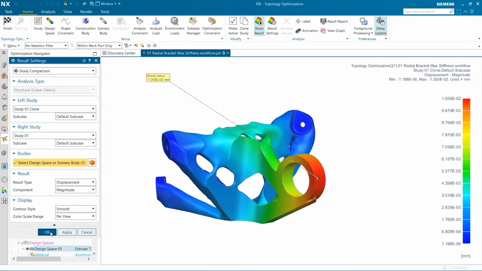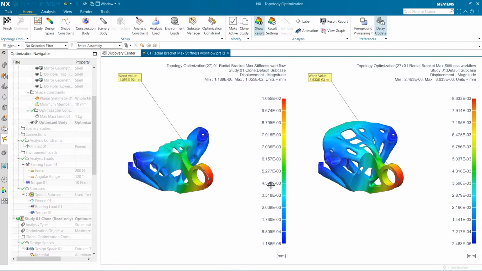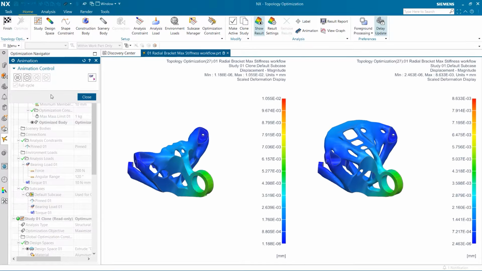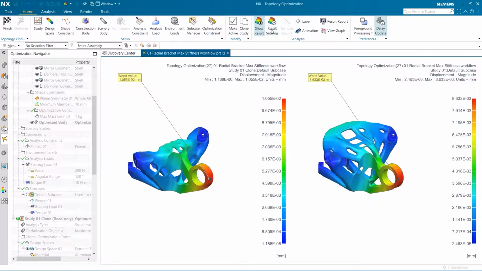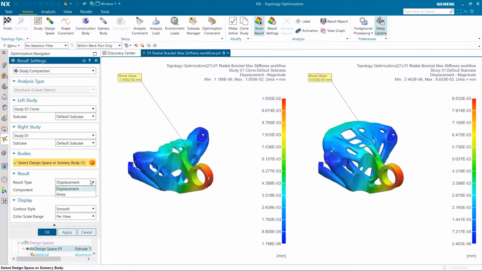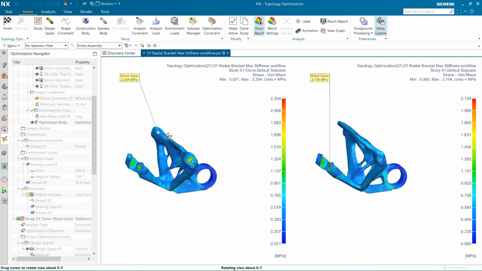Let's take a look at these models side by side to visualize the differences. Again, using animation, I can see the different displacements on the models. The stress values also look very similar.